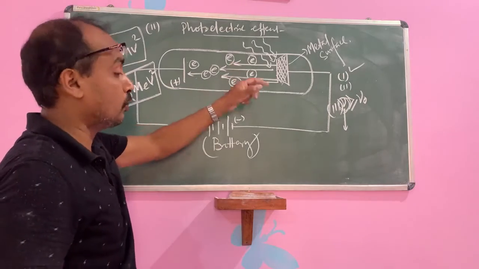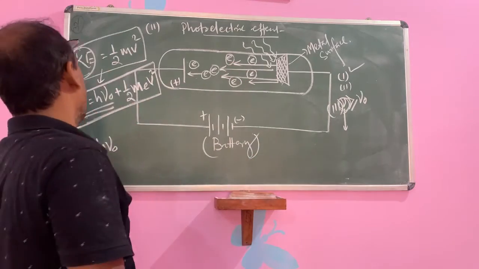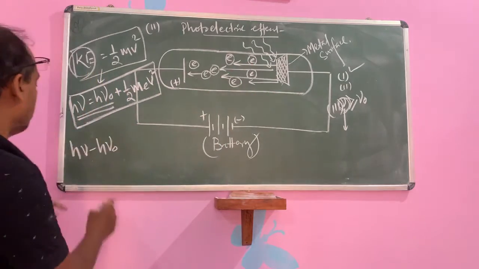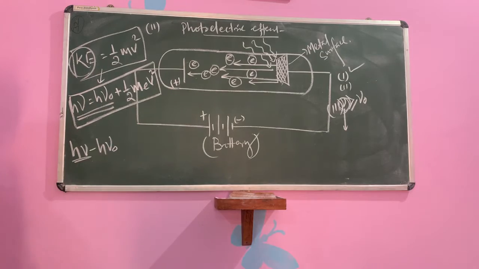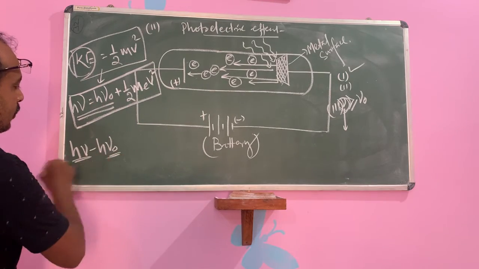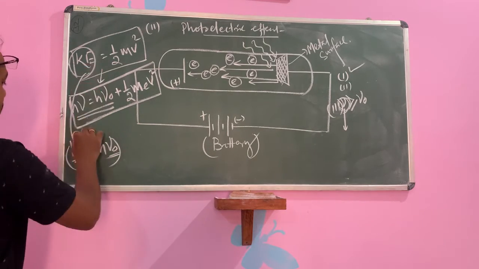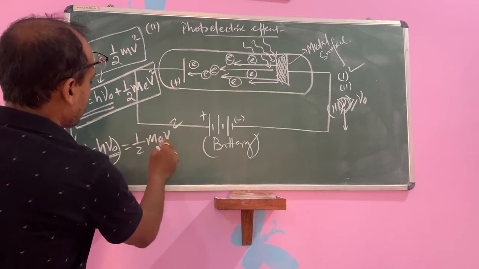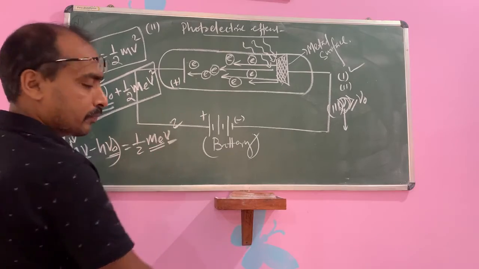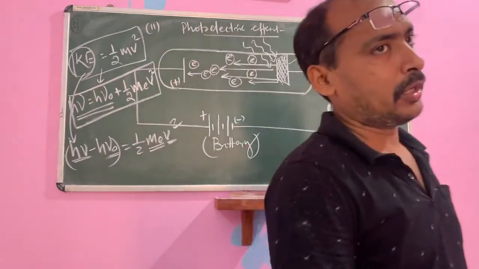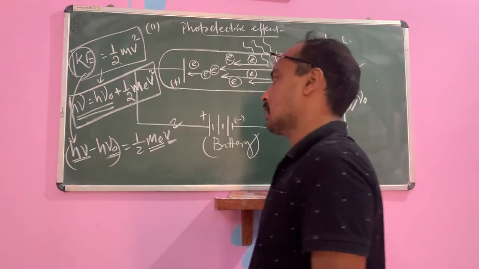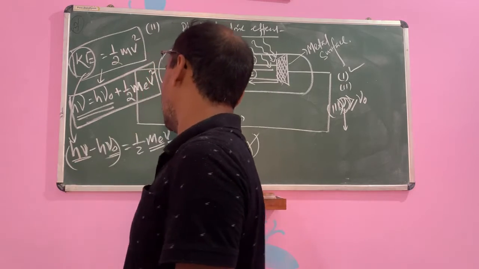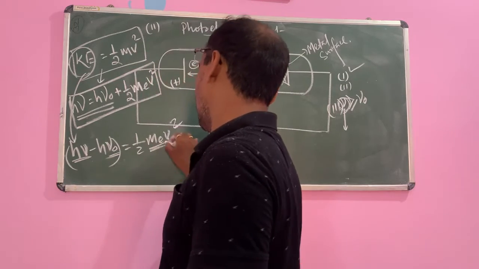What is the speed of the electron? That is the kinetic energy. What is hν? It is the frequency of the incident radiation getting to the electron, and ν0 is the threshold frequency. This is known as K, which is equal to half m_e v squared, where m_e is the mass of the electron and v is its velocity. So this is the important relationship. h is Planck's constant, ν is the frequency, ν0 is the threshold frequency, m_e is the mass of the electron, and v is the velocity of the electron.